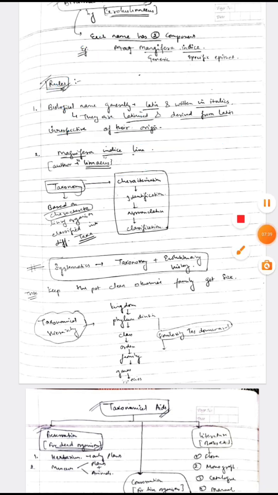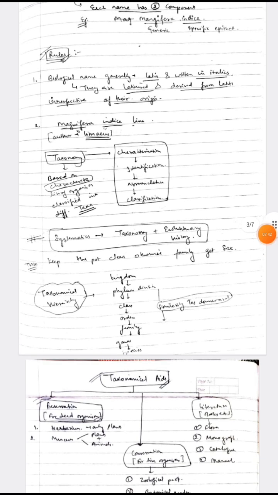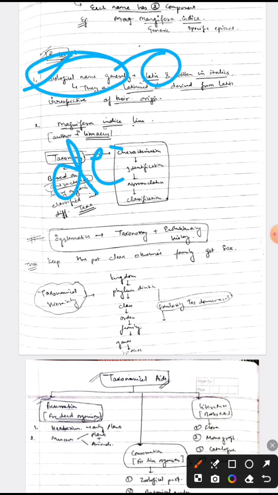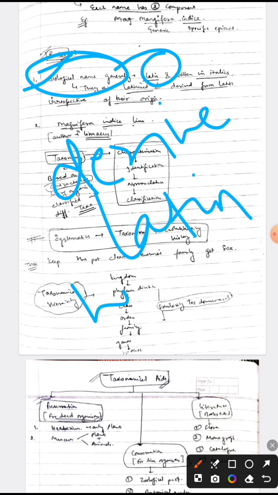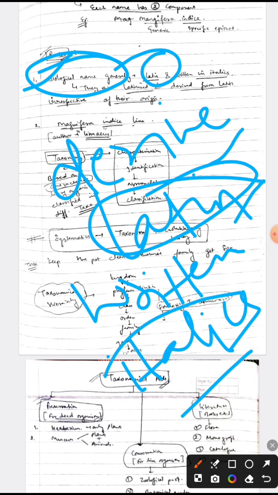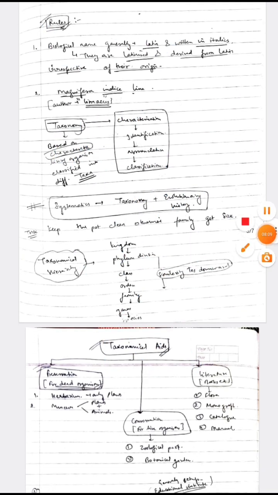Now next comes here, what are the rules followed during binomial nomenclature? So the first rule is that the biological name is generally derived from Latin. The name is generally derived from Latin, but always remember it is written in italics. It is generally derived from Latin, but written in what? Always written in italics. Okay, so this was the first rule. The second rule is that